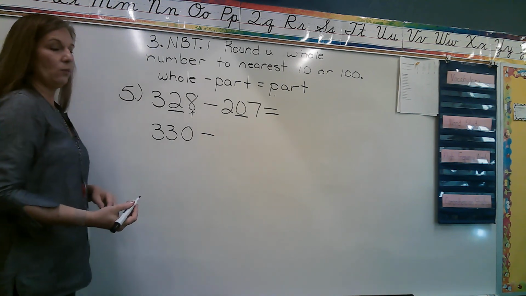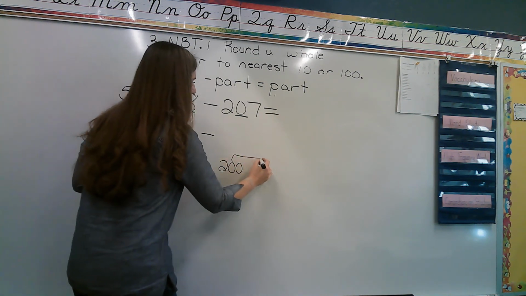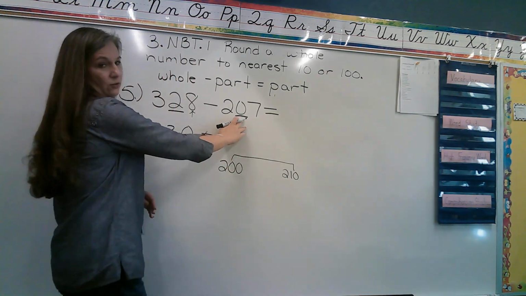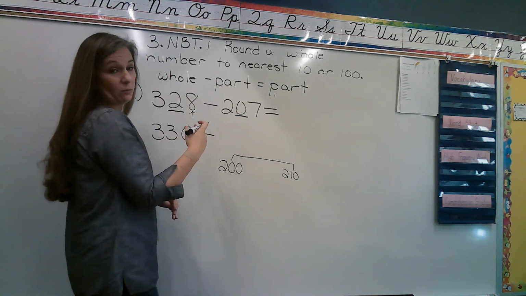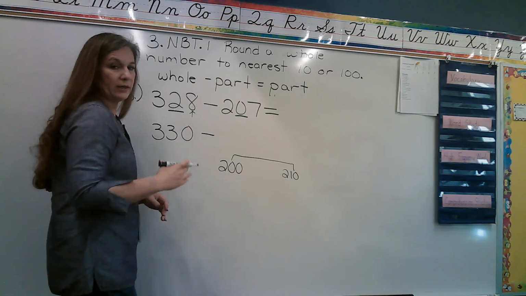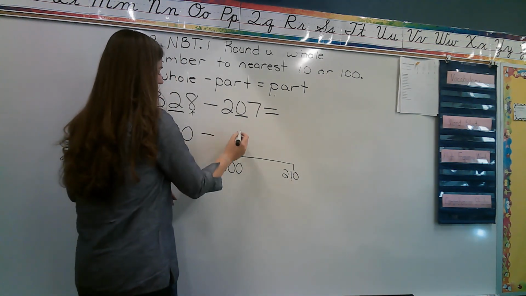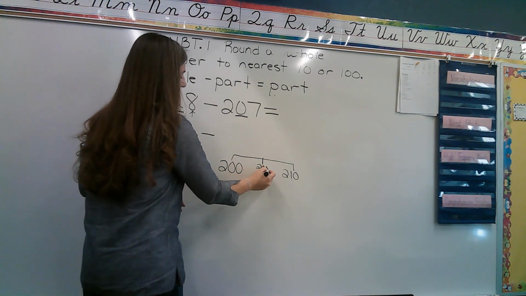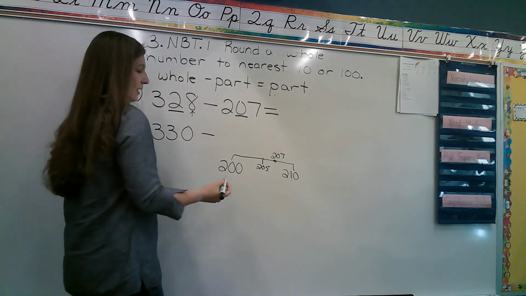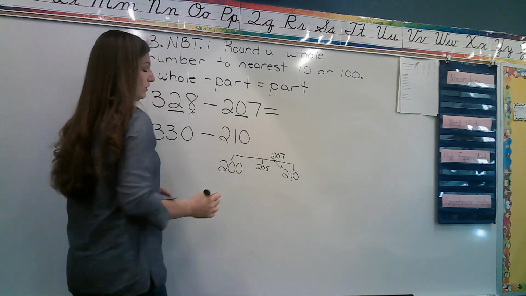Look at our tens place here. We don't have any tens. So what does that tell us? That this group of tens is going to be 200, and the next 10, 210. Sometimes this confuses people because it's difficult to say, oh, well, we don't have any tens. But remember, 200 is one of those groups of tens, and 210 is the next 10. So 205 is in the middle. 207 might be right about there. And so since it's past 205, we know that we're going to round it to the closest 10, which is